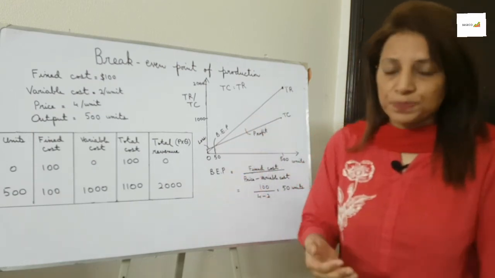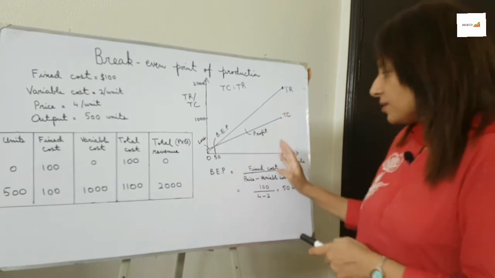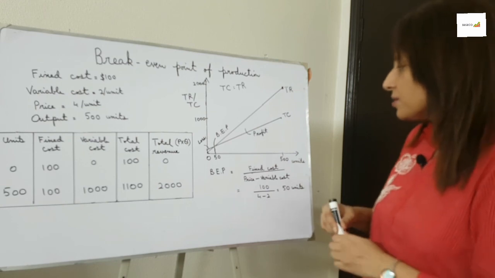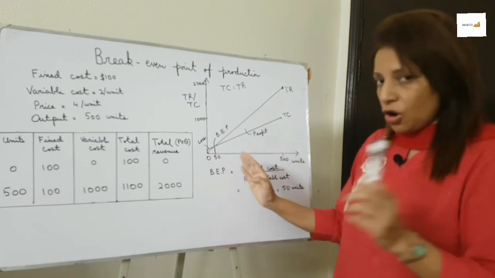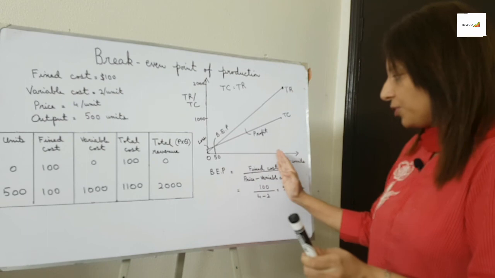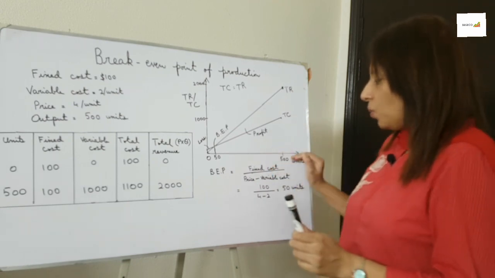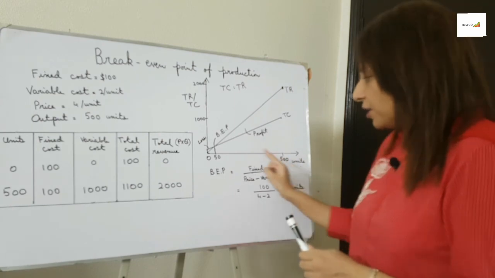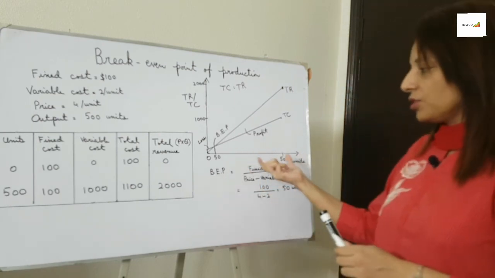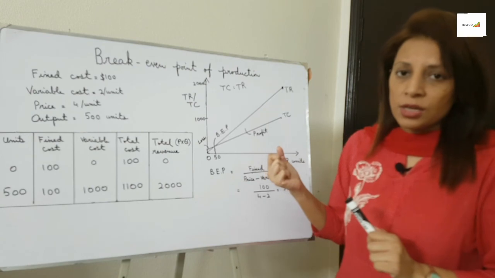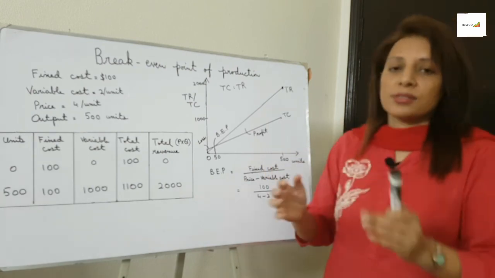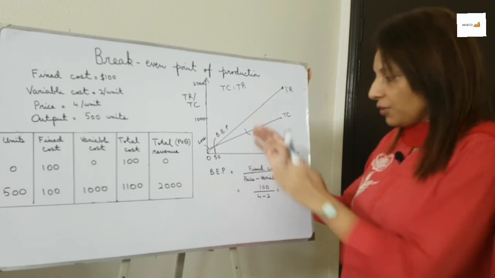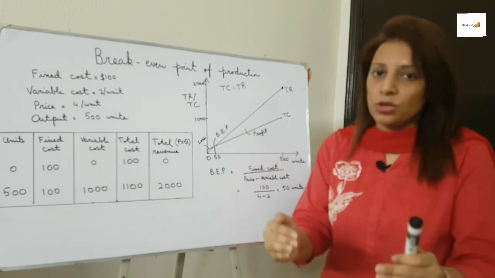Lastly, from this analysis, you can also calculate safety margin. Now, what is safety margin? Safety margin is any level of production after this break-even point of production. So, if I am asking what is the safety margin at 500 units, what you would do is 500 minus 50, this gives you the safety margin of 450 units, which means the business is at the safety of 450 units. If they decrease by 450 units, they would be at the edge and they will be just able to cover their costs.